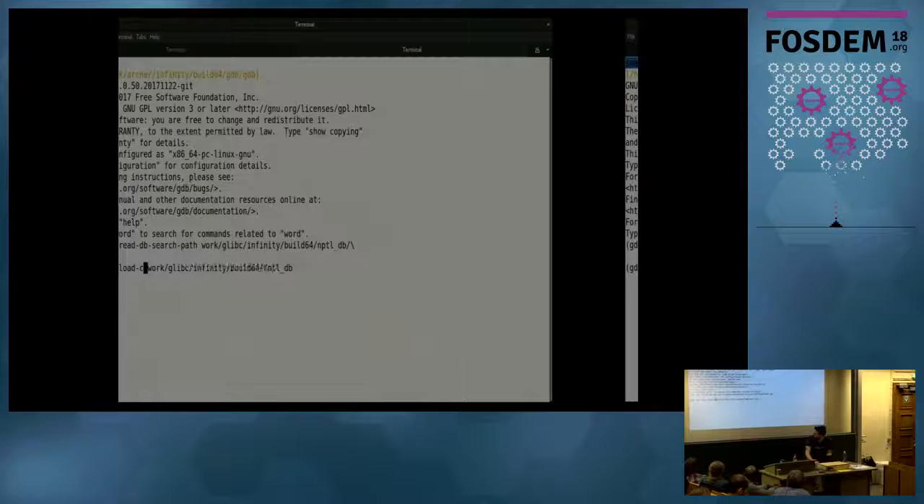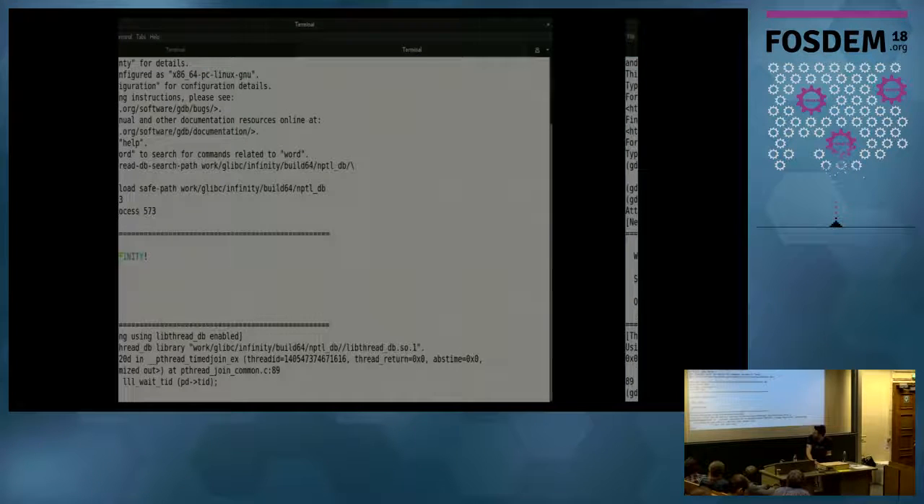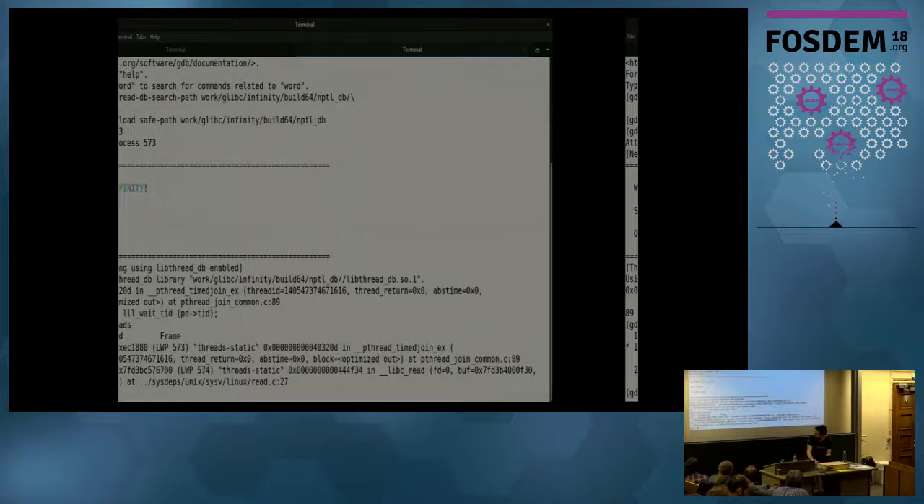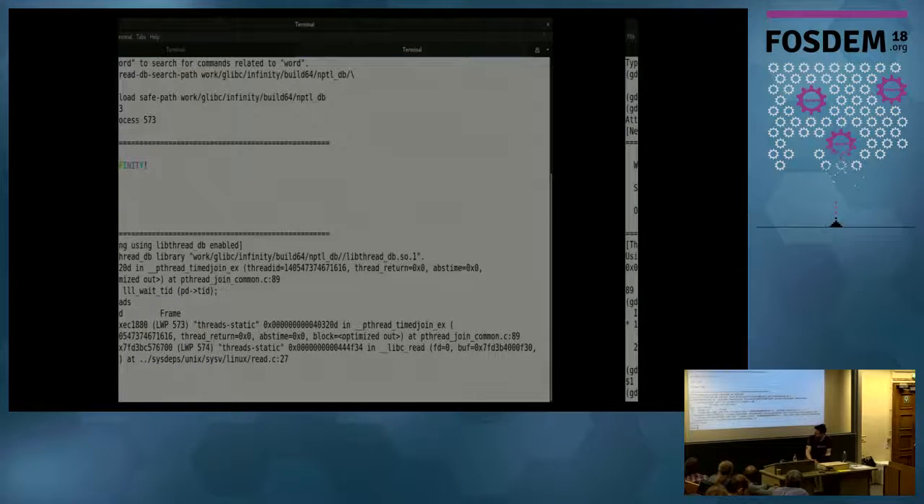Jeez. This is going to be such an anticlimax. What did I say it was? 573. There you go. Wow. It's got a block. And we can go info. This is a statically linked program with 2 threads. And so it's also got a TLS variable, which is